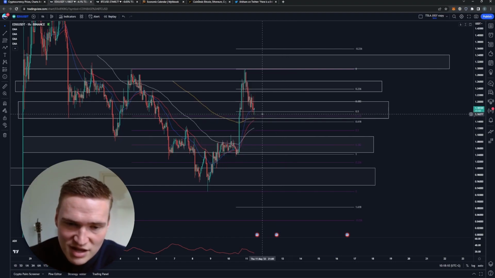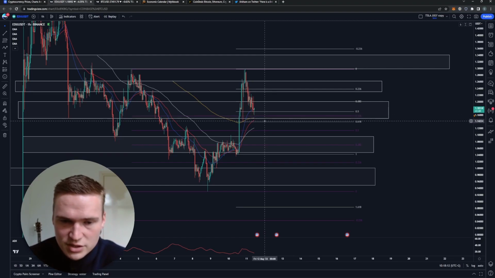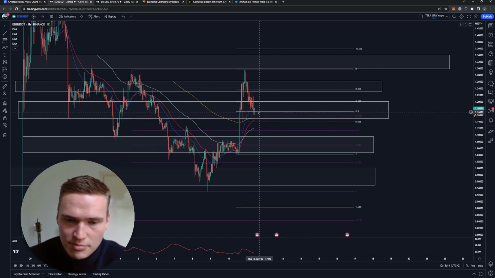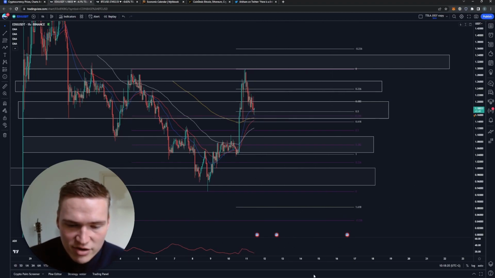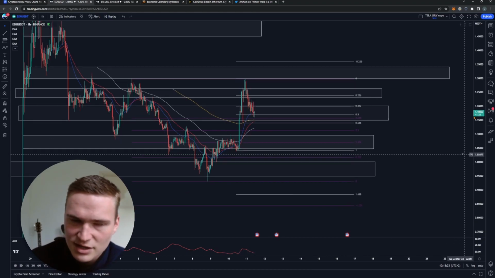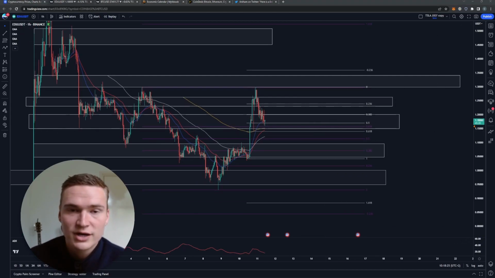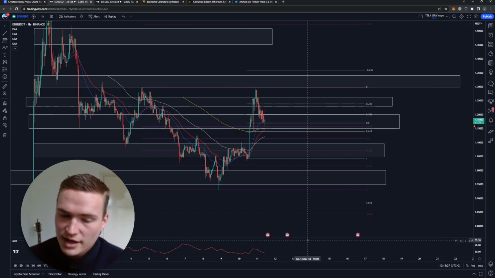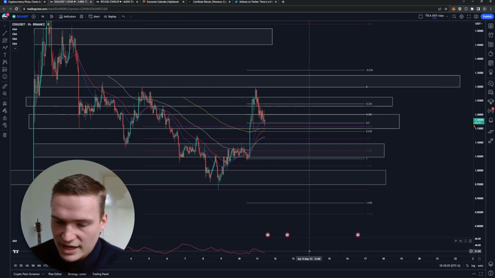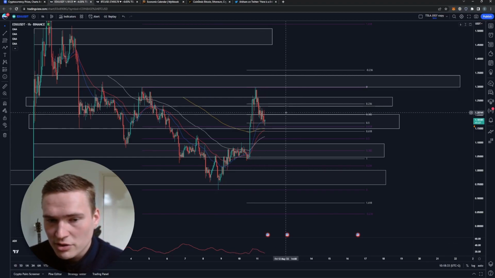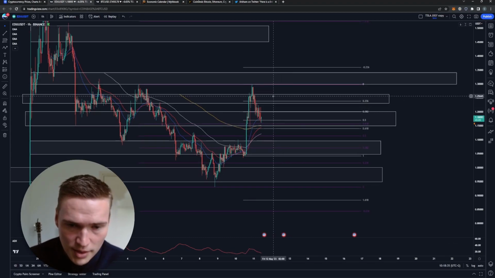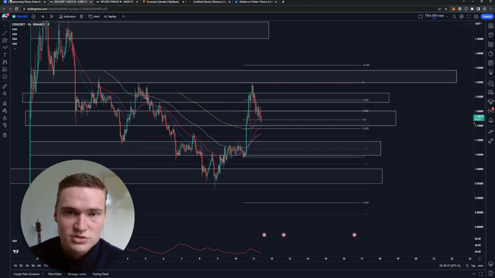So we have this massive level right here, right? Around 1.15, you've got the 0.618 of this move up, the 200 EMA, everything you need for a great trade and a great support level, you would say. However, and I know that's a weird thing to say, we are not really trending. The main indicator I use to assess trend is the ADX, and that's currently below 20. So it's not looking that amazing, at least not on the 1 hour time frame, which is the main time frame I use for EDU.